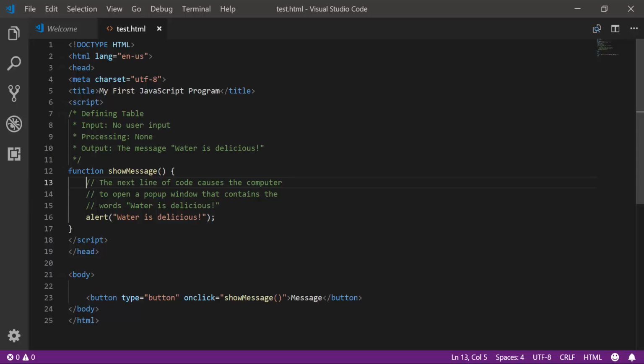Your JavaScript will happen inside of what we call a function. A function is a little section of code that is encapsulated and only happens when that function is called. In this case, it starts with a keyword called function, and it has the name of show message. So anytime show message is called, then the program comes in here and executes everything inside of the show message